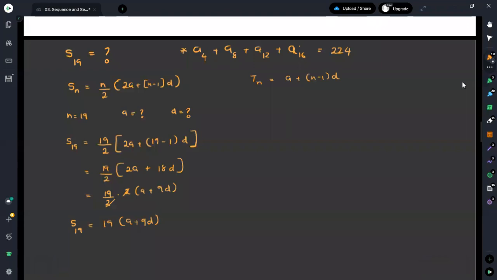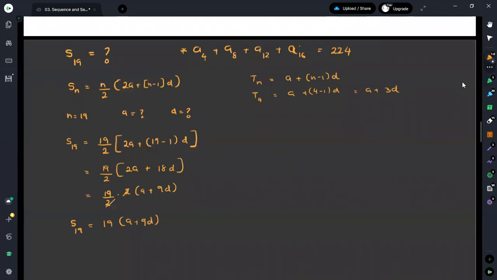Using this equation, we know that the nth term of an arithmetic progression can be obtained as A plus n minus 1 times D. Therefore, if it is the fourth term, then we will take A plus 4 minus 1 times D. Likewise, if it is T4, n equals 4, we will get A plus 4 minus 1 times D, which equals A plus 3D. Now we are going to write down the 4th, 8th, 12th and 16th terms using the starting term A, the initial value, and the common difference, which we are taking as D.